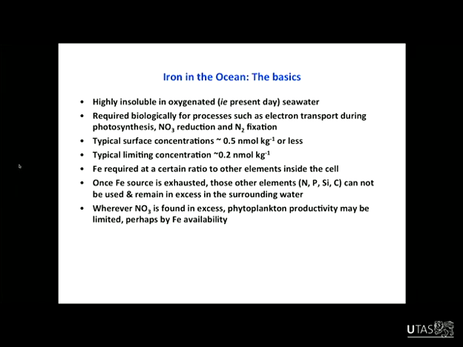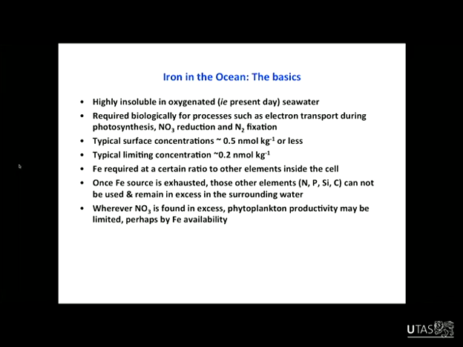So there are many areas of the global ocean where iron is low enough to start limiting photosynthesis. Iron's required at, I talked before about the ratio of uptake of nitrogen and phosphorus. A similar ratio exists for iron uptake. So when iron is present at levels below that ratio, it will be limiting to photosynthesis.